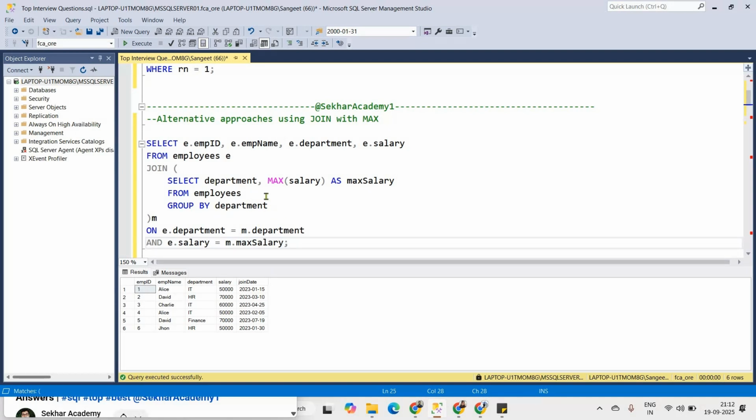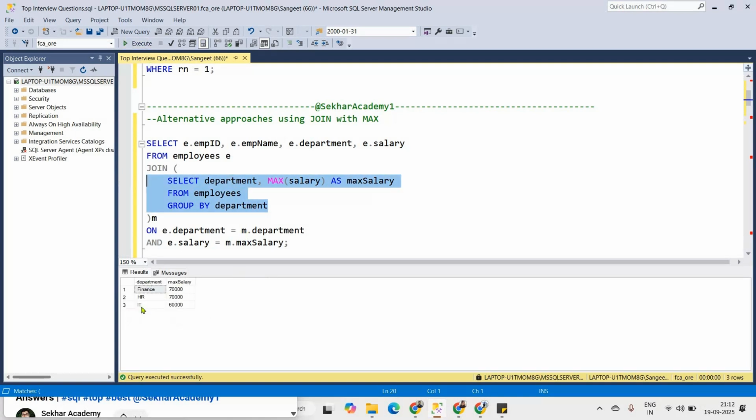Before executing the whole query, first I will see what data I am getting from my inner query. Here we can see the max salary department wise: for Finance 70,000, for HR 70,000, for IT 60,000. After that I am joining the inner query with the employees table. Now I will execute the whole query and I got the output including employee ID, employee name, department